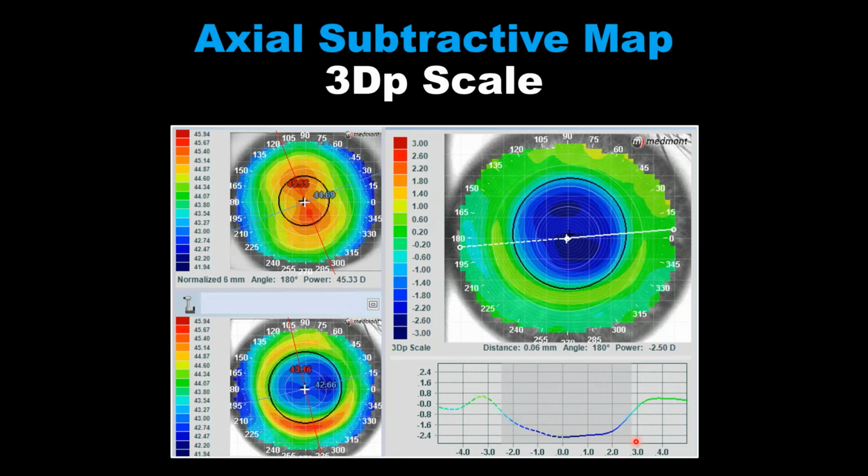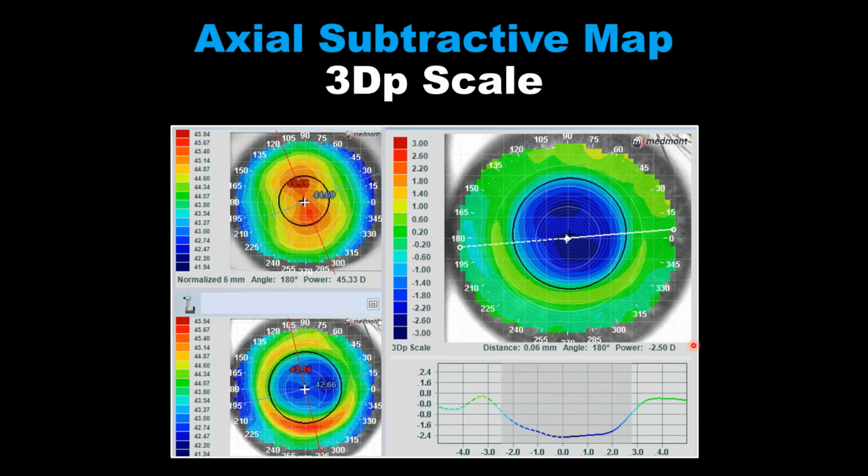For this patient, a 3 diopter scale really gives you an understanding of the peaks of that myopic shift, that we have this high point of effect, this high point of effect. We can say that the blue treatment zone is well centered to the pupil. When we click our cursor on the visual axis, on the patient's fixation point, we compare the radius of the eye before ortho-K to the radius of the eye after ortho-K. We have a 2.5 diopter refractive change. So we don't have to do a refraction because the topography tells us exactly how much power has been altered